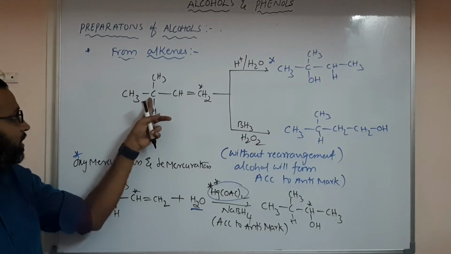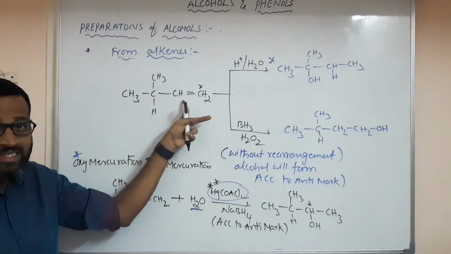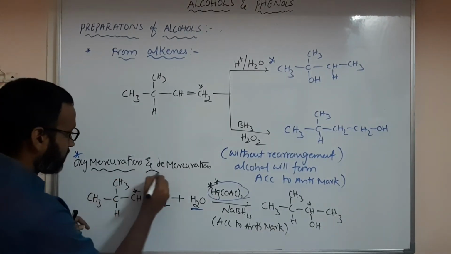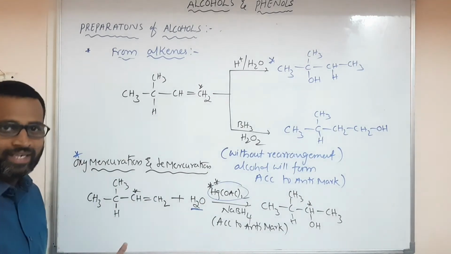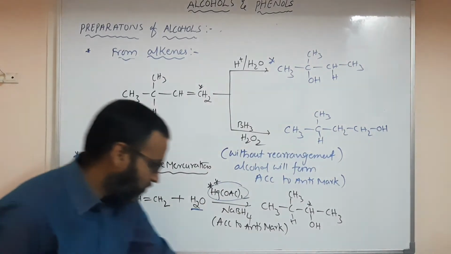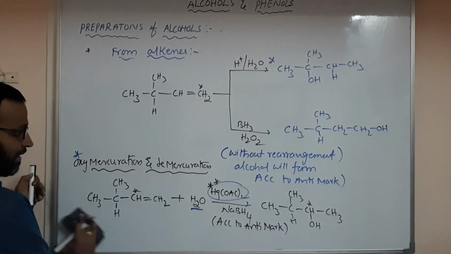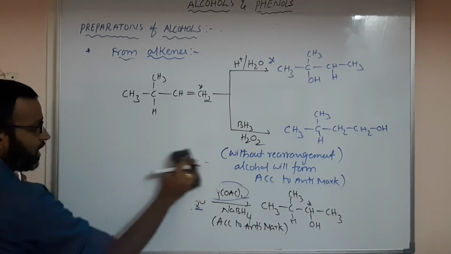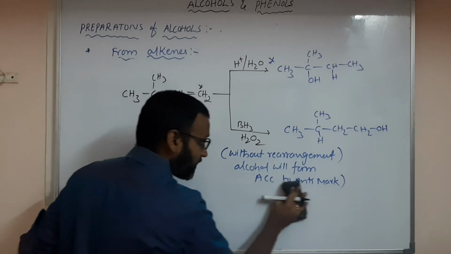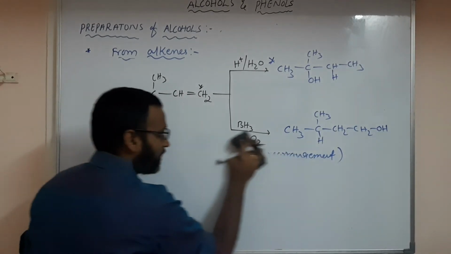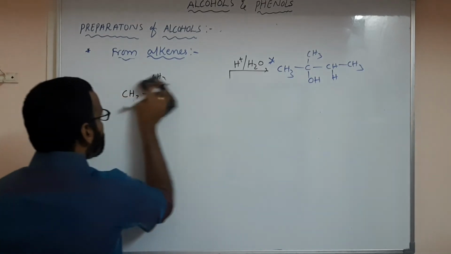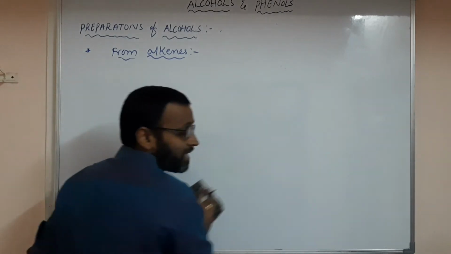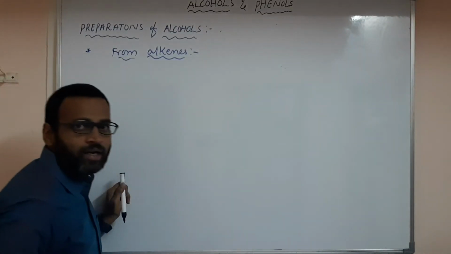At this particular carbon, the hydrogen migrates as a hydride shift. But in oxymercuration and demercuration, there is no migration of hydride or methyl. So this is the final conclusion. Why is there no rearrangement? Mercuric acetate forms a cyclic intermediate, and that is the only reason. There is no shifting, so selective addition happens in hydroboration as well as oxymercuration and demercuration.